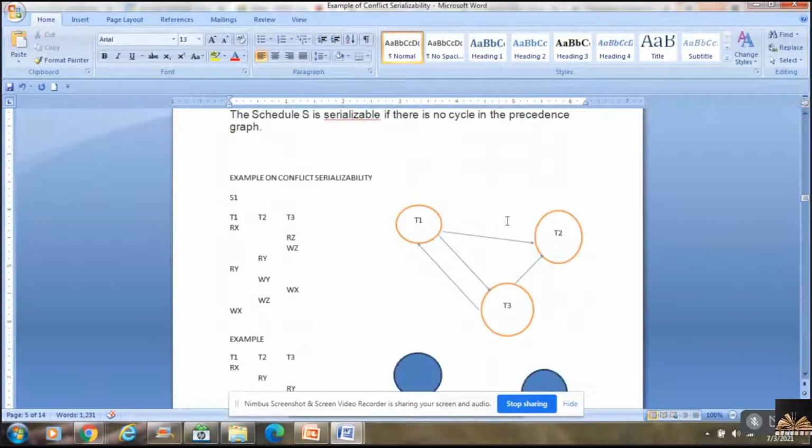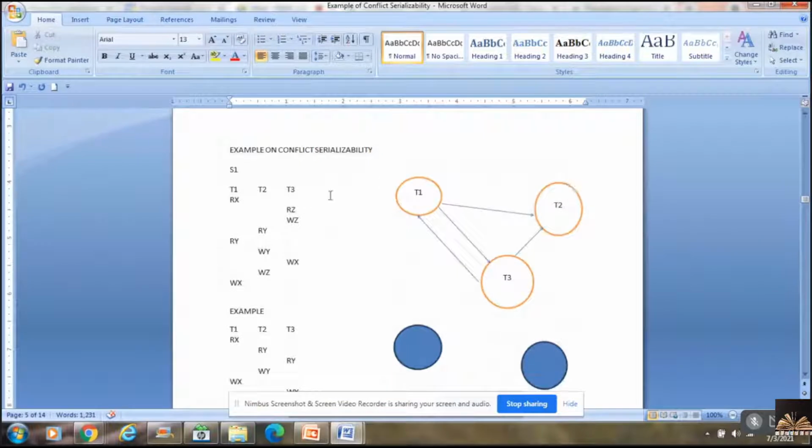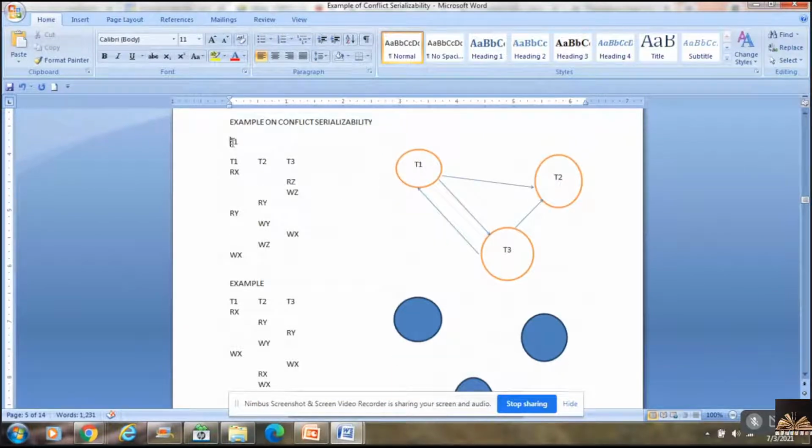We'll just work with an example. I'm taking a schedule S1 with three transactions, T1, T2, T3. I hope it's clear to you, ma. You can view this. S1 is a schedule, and T1, T2, T3 are the transactions.